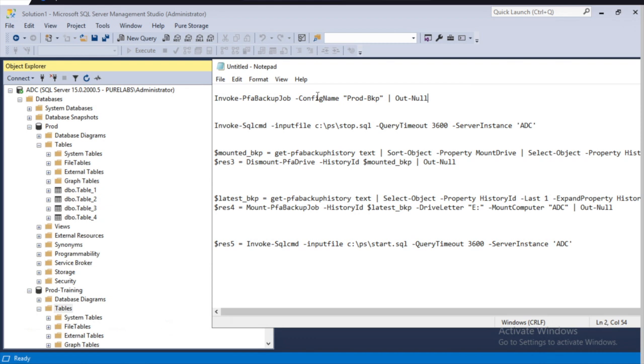I wanted to show you a way to automate refreshing a SQL database. So, for those of you that don't know me, I'm Ken Ray. I'm a Pure Storage SE here in St. Louis. And I wanted to show you real quick how to leverage our SQL Server Management Studio extension that we've